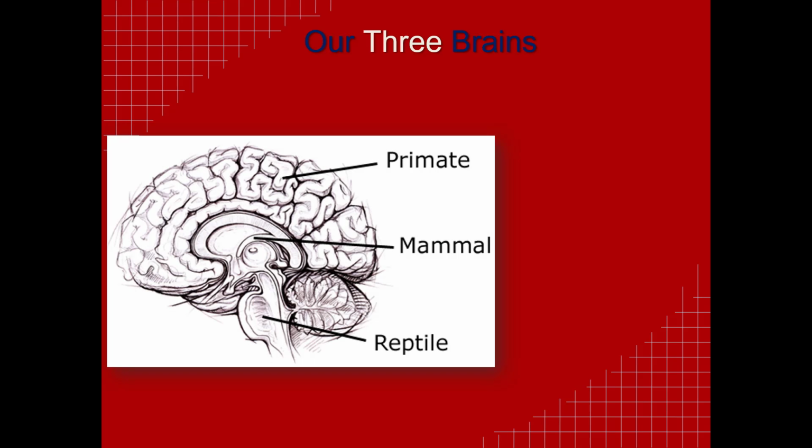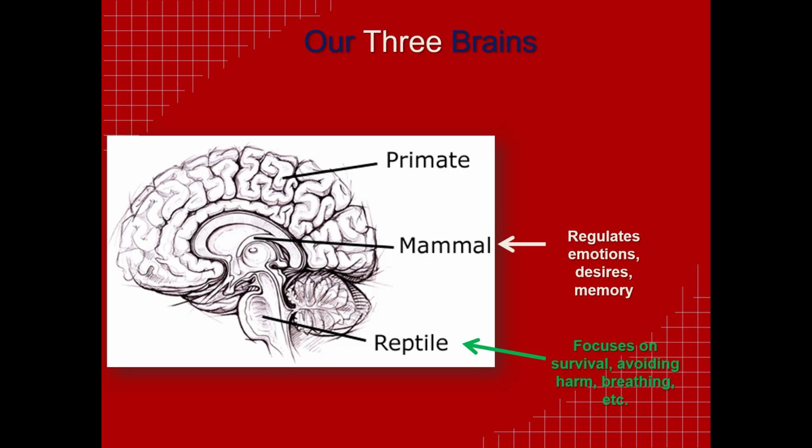Now this is a very simplistic view of the brain, but it kind of works, okay? We have old parts of the brain, and that's our reptile brain. These things control just basic survival. Hey, keep breathing, keep the heart going, mating, temperature control, that kind of stuff. Survival. Our next brain is like our emotional brain, okay? This is where we can get emotionally hijacked. This is where a lot of memories are stored. And then you have the primate brain, or like the human brain. This is what really separates us from the rest of the animals. We can think about thinking. We can make mental maps of things.